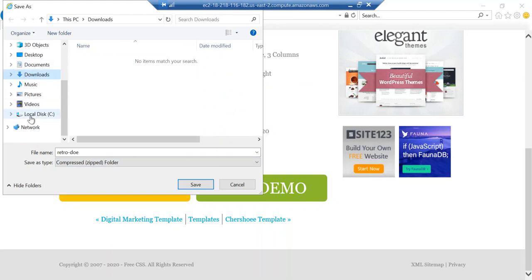I have added a couple of drives, but here it shows only C drive. So we need to enable that D drive. As of now, I just downloaded inside my C drive.